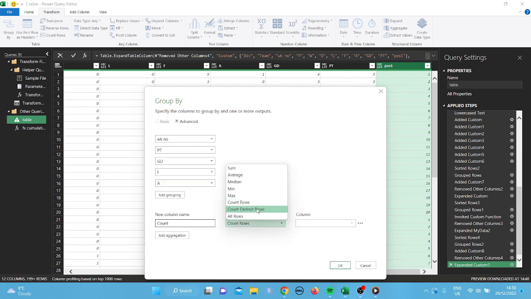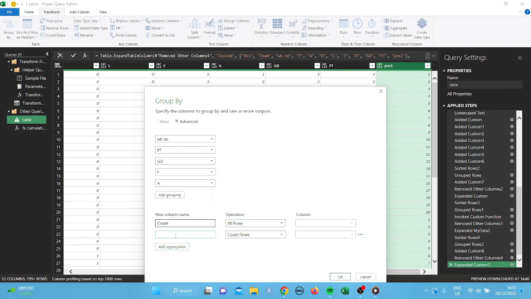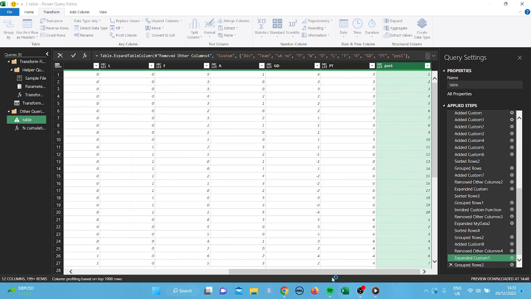Then we'll just go count all rows, and then here we'll put position, because this is the final one, this is the one we want. That's why I put a 1 on the other previous one. And you want the minimum of pos 1 that we made before. And now if we click OK,